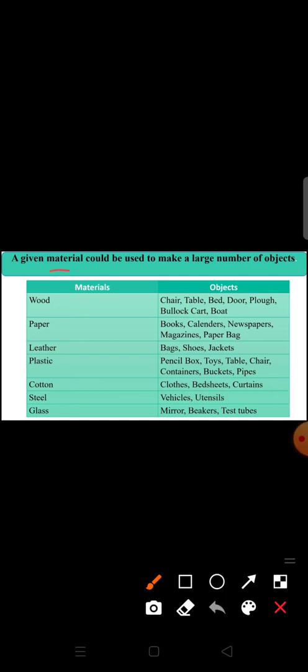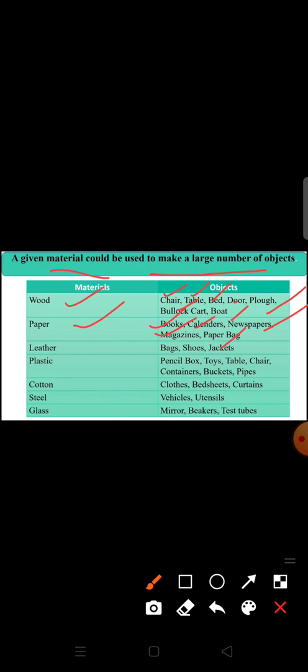The other thing you need to understand is that a given material could be used to make a large number of objects. For example, wood could be used to make chair, table, bed, door, plow, bullock cart or boat. Paper could be used to make books, calendars, newspapers, magazines and paper bags.